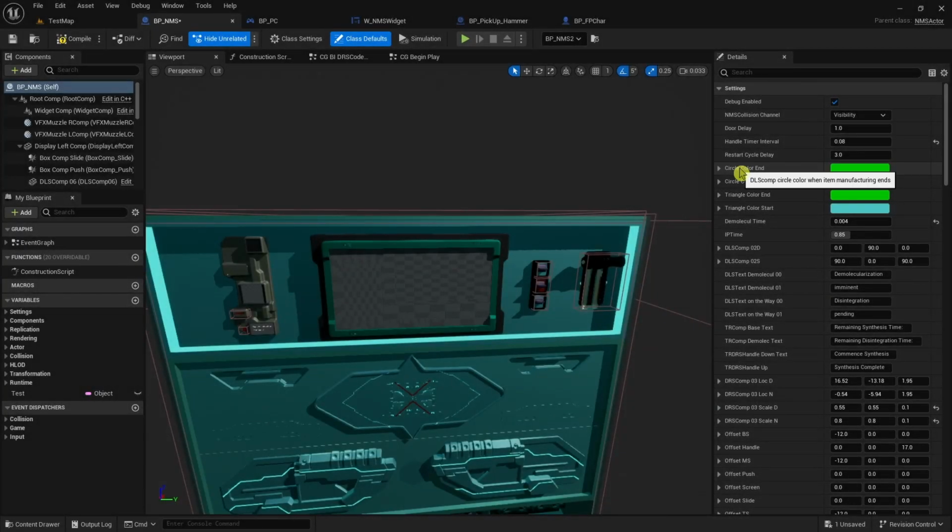So then here we have the circle color when the item is finished, when the item starts, the triangle color, item ends, item starts. Remember, this time is in hours. This is just dematerialization time. It's kind of made with the amount of textures. We are creating a material instance dynamic and swapping these textures, and it's well calculated for the best code